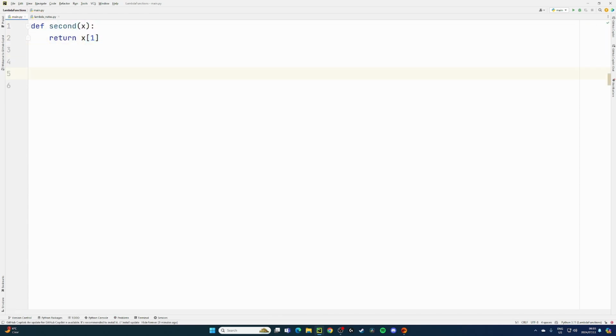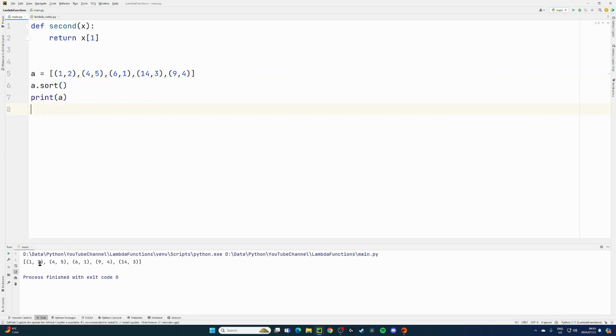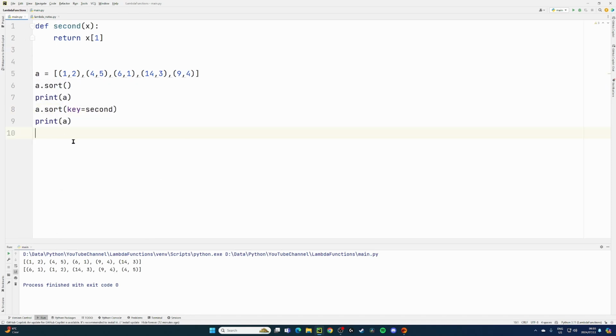Now let's define a list of tuples that we can use with the function. Now let's sort the list. Okay, so as you can see, it sorts the list in the order of the first value in the tuples. Now let's use the function as a key in the sort function. Okay, so now you will notice that it has sorted the list by the second value